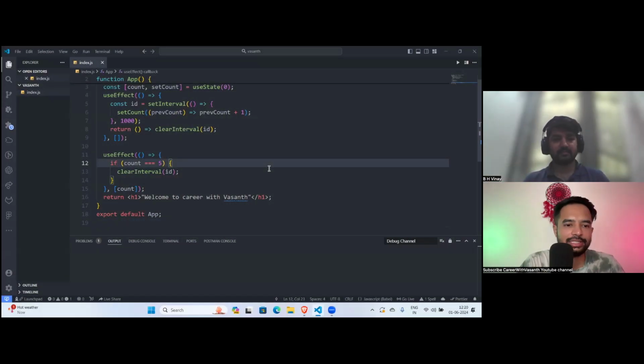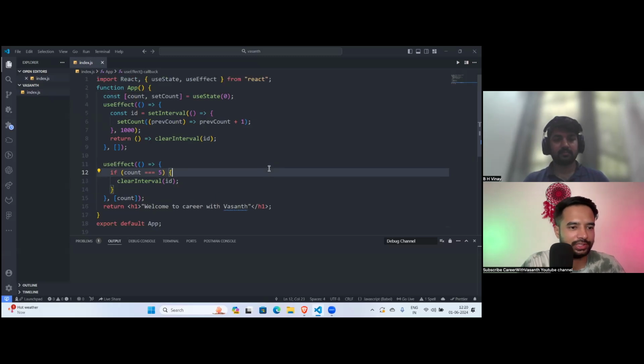So Vinay, this is the snippet, a very simple and straightforward snippet. As you know, this is just a JS file, we cannot run it. But I want you to go through the snippet carefully and guess the output. Take a minute, look at the snippet carefully and guess the output.